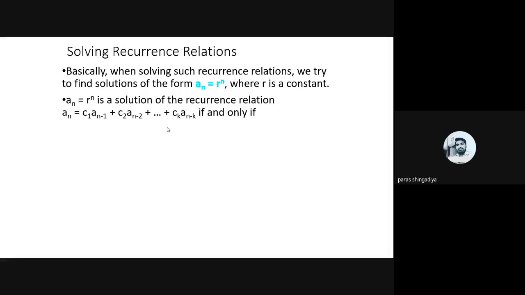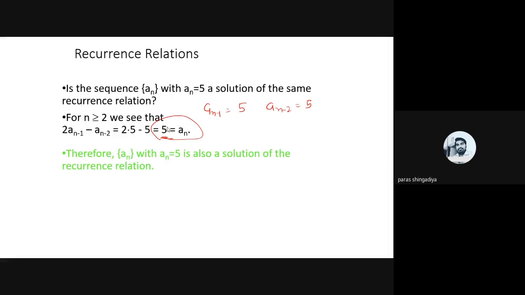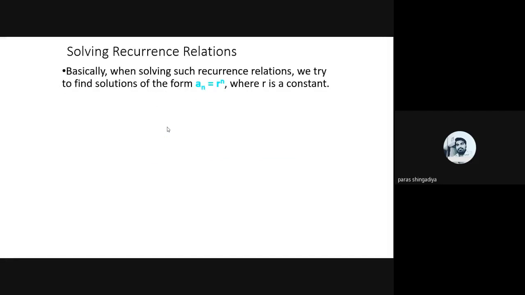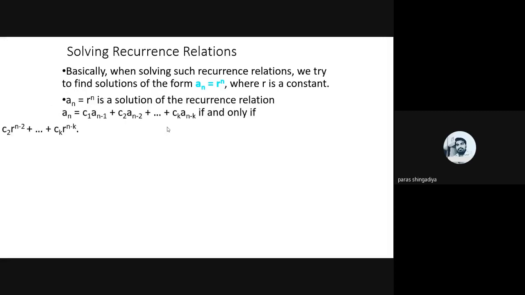And then after the solution of recurrence relation. In this previous example we had the direct solution given, and we just verified whether a_n = 5 and a_n = 3n are solutions of the recurrence relation or not. So now in the next case we'll check how we can derive the solution of a recurrence relation. If you have a recurrence relation, what will its solution be? So how can we derive the solution of a recurrence relation? That part we'll discuss now.